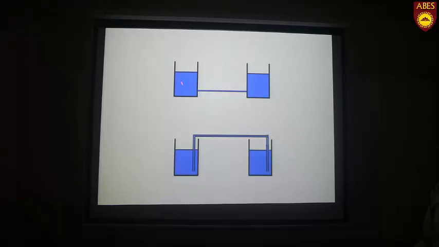No, because the level of water in this beaker is same as the level of water in this beaker in both the cases, and so the pressure is same at both points, here as well as here. So what can we do? Either we can empty one beaker, then the level of water will be less in this beaker than this beaker, or we may increase the height of one beaker in comparison to another.